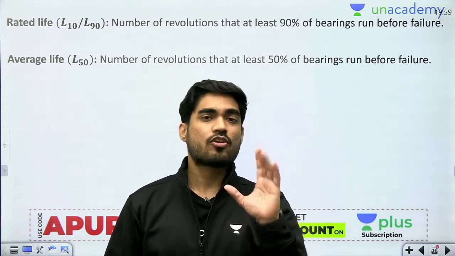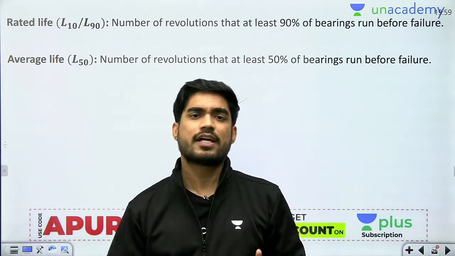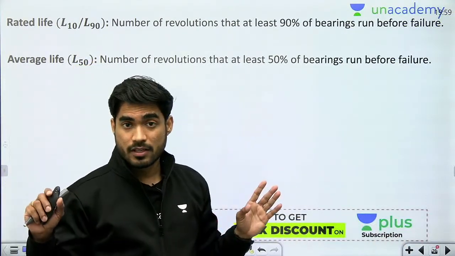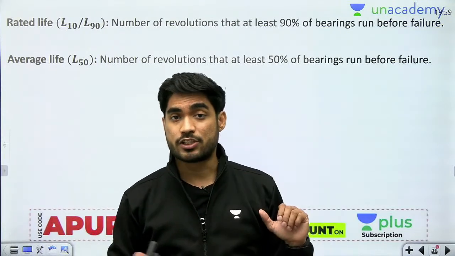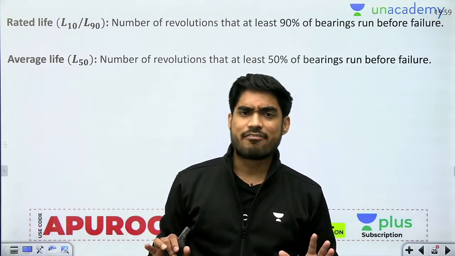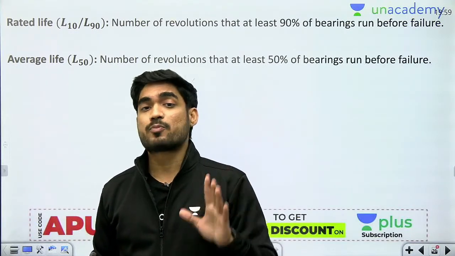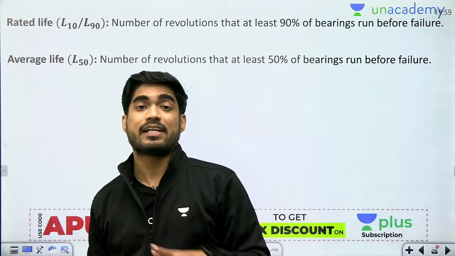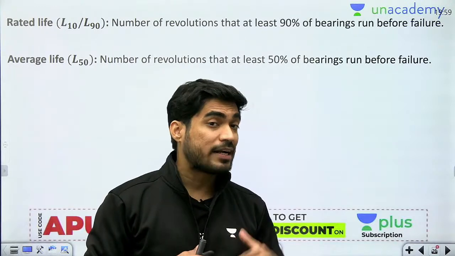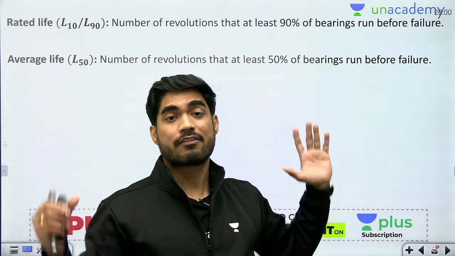No, it is not necessary. Some of these bearings will make 11 million revolutions, 12 million, 15 million, let's say 20 million revolutions. The minimum I need is 10 million revolutions, and they are making more than that. So very good, that is the advantage for me. But if one of those bearings fails before 10 million revolutions, then it is a problem for me. Why? Because my requirement is 10 million revolutions and it is only making 9, 8, 7, 5 million revolutions.